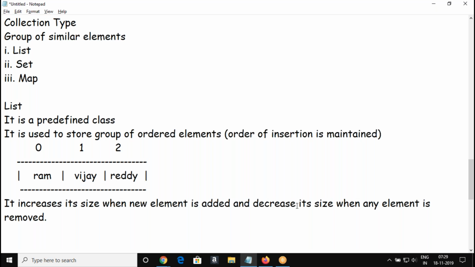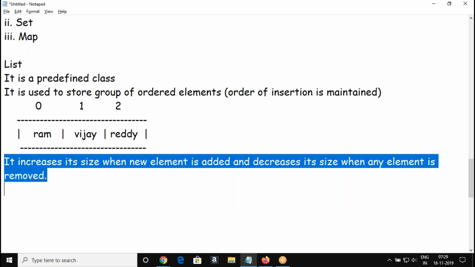So a list is a kind of dynamic array, and it is more efficient than your array.